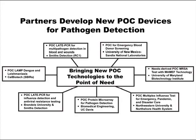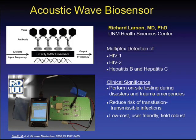Work with our Small World Network partners allows us to develop new POC devices that can be brought to the point of need. These include pathogen detection to aid in accelerating the diagnosis of and treatment of life-threatening blood infections. An example of this is from Dr. Larson at the University of New Mexico Health Sciences Center. Dr. Larson is developing acoustic wave biosensors for low-cost, field-robust, on-site detection of HIV-1 and HIV-2, as well as hepatitis